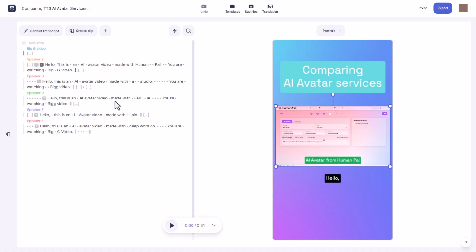For me, Type Studio is the best one. It gives the best editing controls. It has nice templates, and it's just really simple and easy to use. It didn't take me very long at all to get this video cut down and made a short. The only thing I don't like is that you can't get the whole video cropped in the format of the short. It puts it in the middle, which is a bit of a shame. But Type Studio is by far my favorite of the 3.